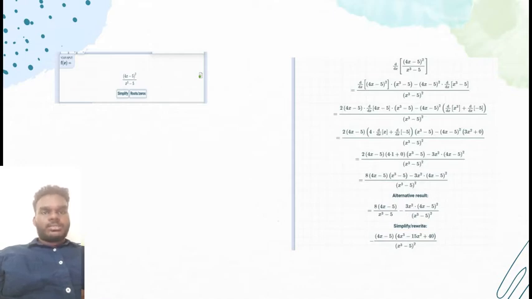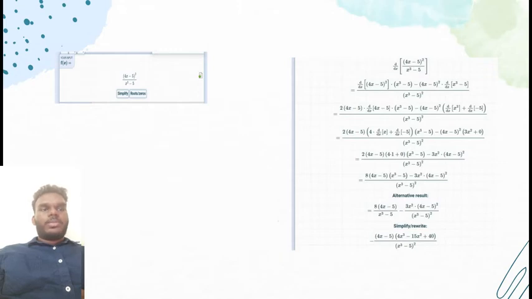So the next step is 2(4x minus 5) times (4 d over dx of x plus d over dx of minus 5)(x power of 3 minus 5) minus (4x minus 5) power of 2 times (3